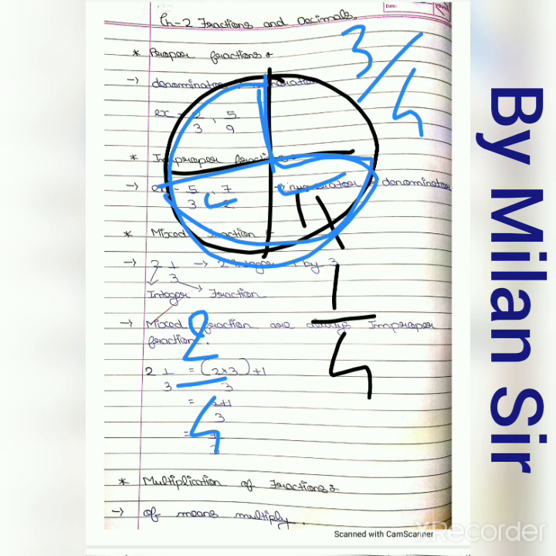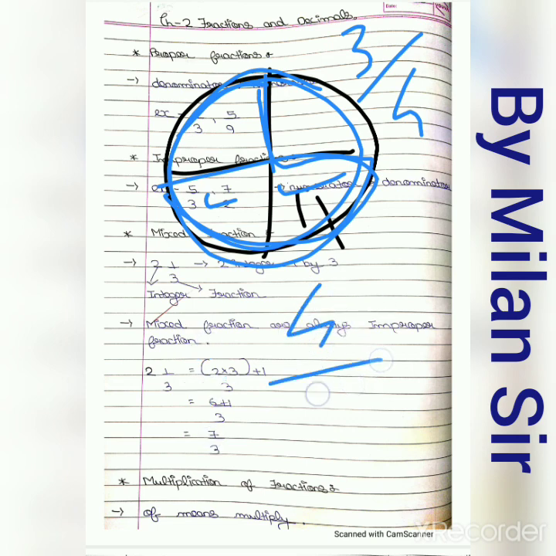Again this is a proper fraction. Right? And if we take all the 4 parts, that means 4 by 4, it is 1. Right? It is our whole quantity. It is not a fraction. It is an integer. Our whole quantity. It is always one integer. So whatever way we have for the circles or for any of the figures, that is always a proper fraction if we consider only one whole quantity.